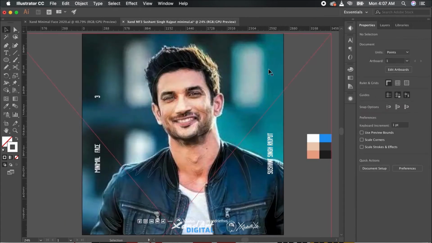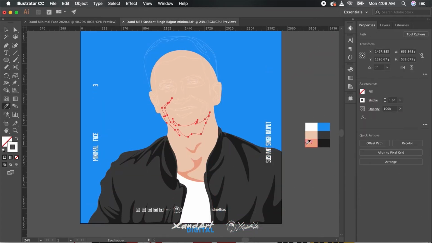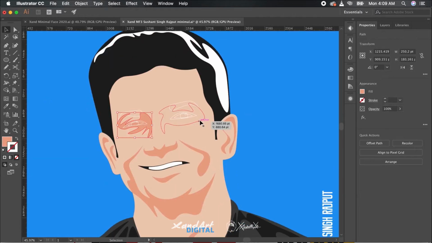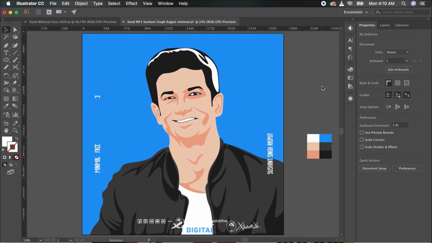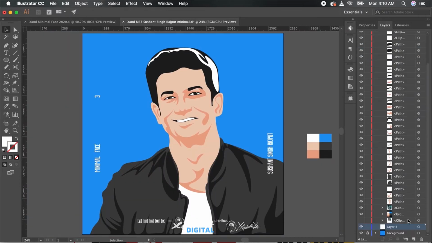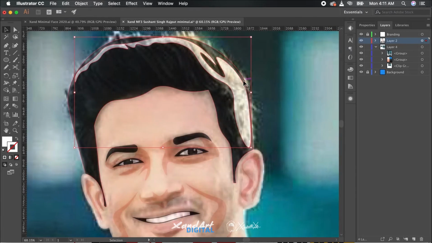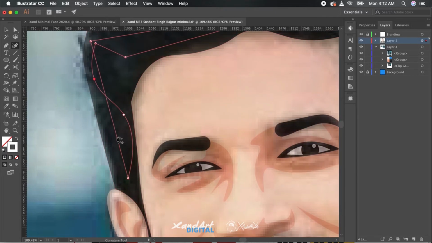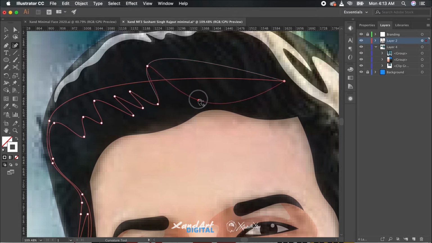Once the tracings are done, we will convert all the outlines we have made into filled shapes by selecting each one of them and then converting them into fills with the shortcut Shift X, and we can simply choose the color that's appropriate for them using the eyedropper tool, shortcut I, and pick the colors from the color palette.